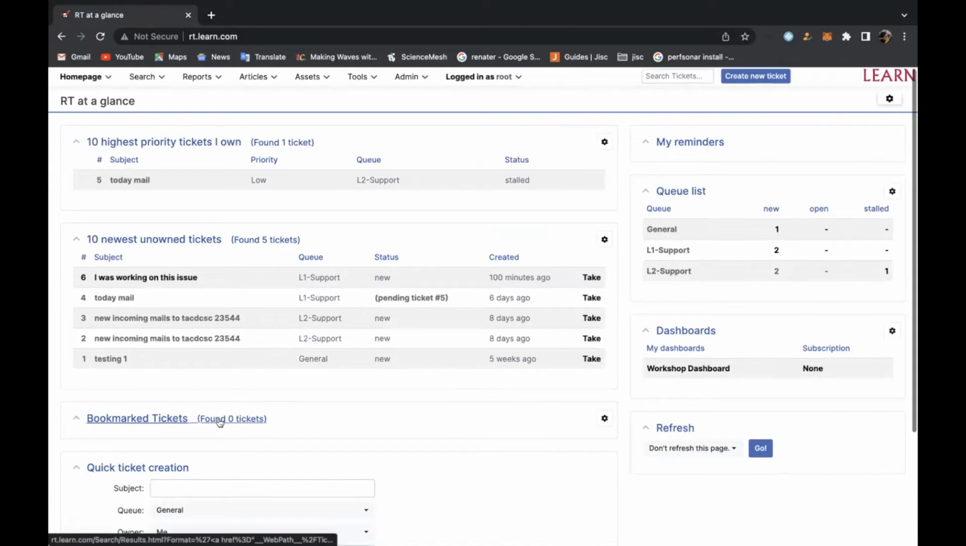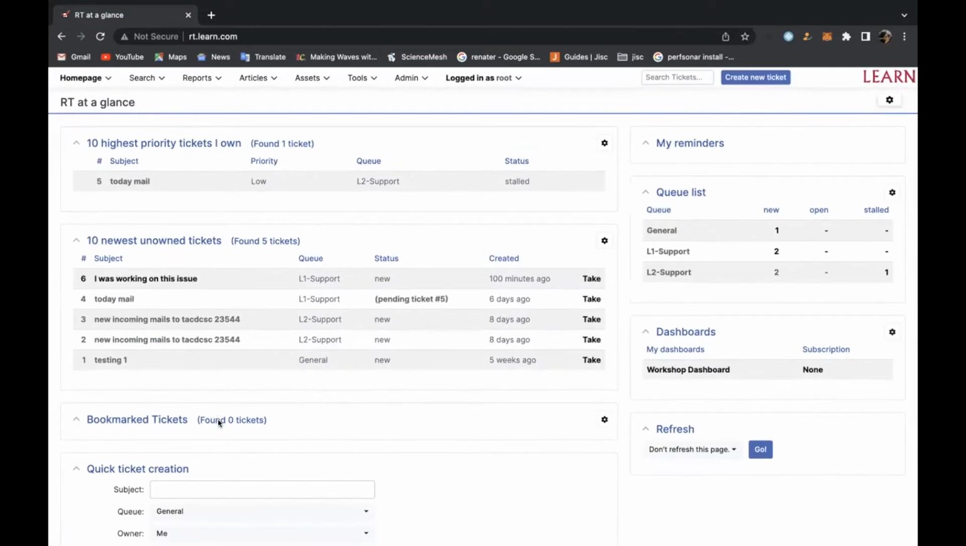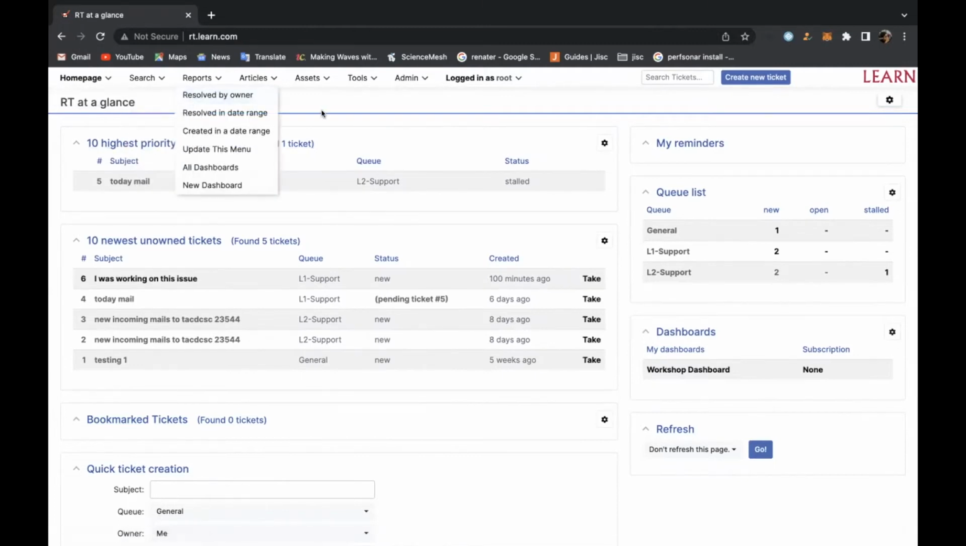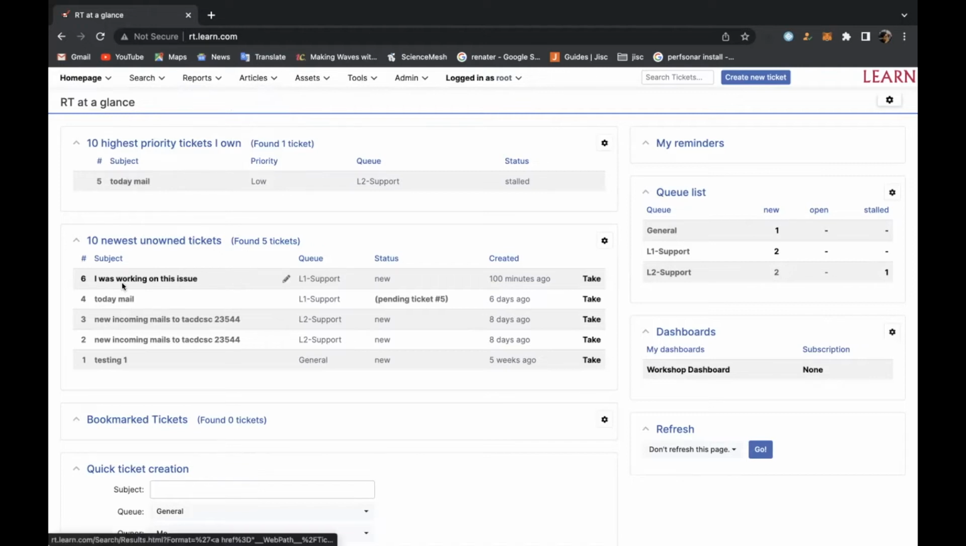So here, let me explain these things. Okay, this is the home page when you log into a newly installed system. So you won't see these kinds of mails. Actually, these are my test emails. And on the home page, you will see